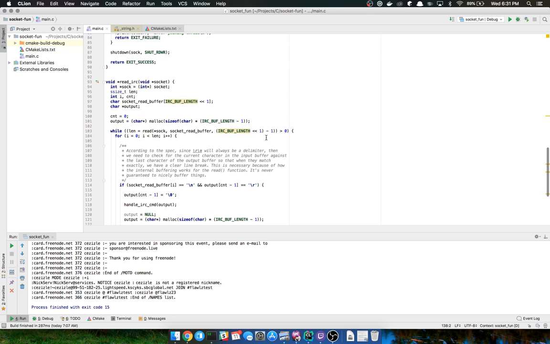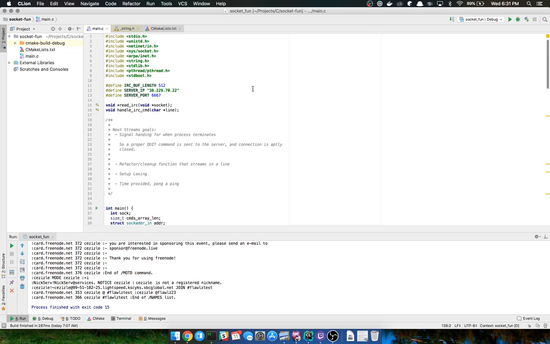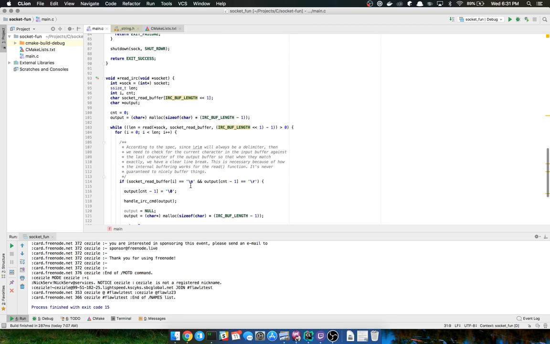So tonight, what I'm going to decide to work on instead is signal handling, some refactor and cleanup, maybe do some lexing, and then if time permits, Pong a ping. The interesting thing about that is the IRC spec: they will ping your client every so often, and when you receive that, you ought to send a Pong back, so that's what that means.